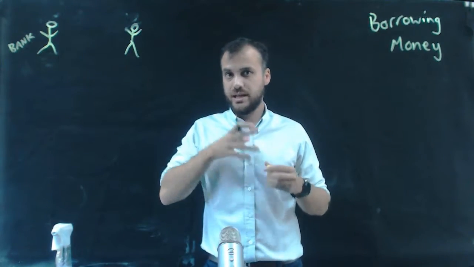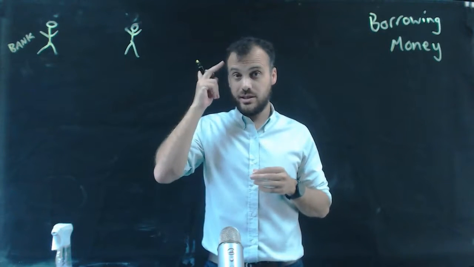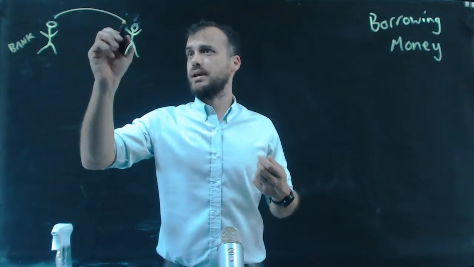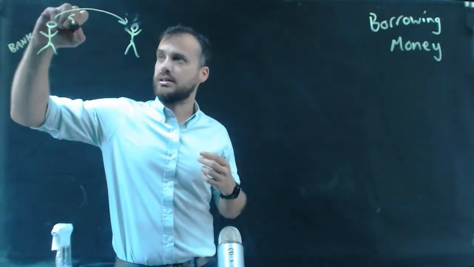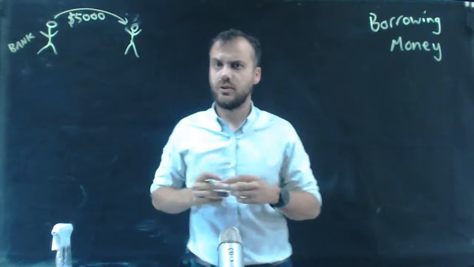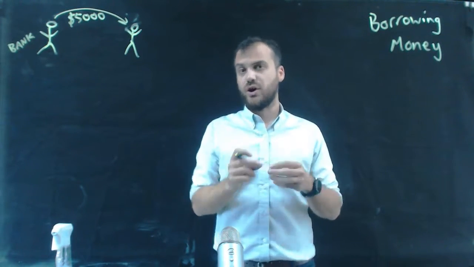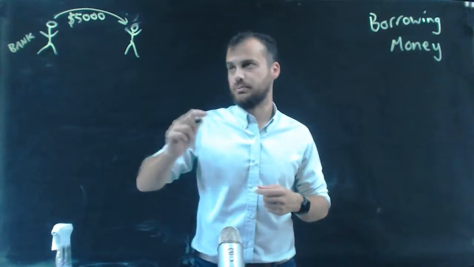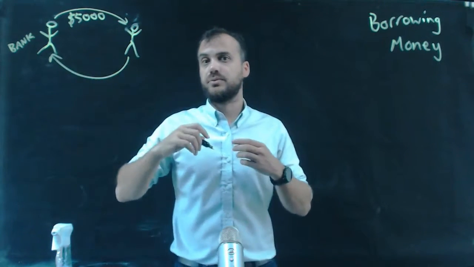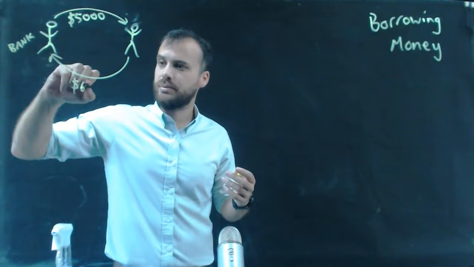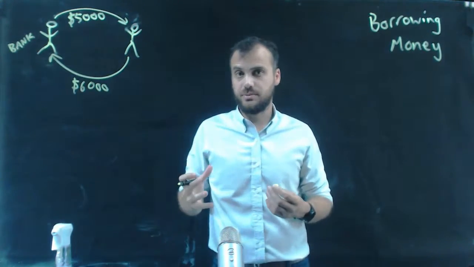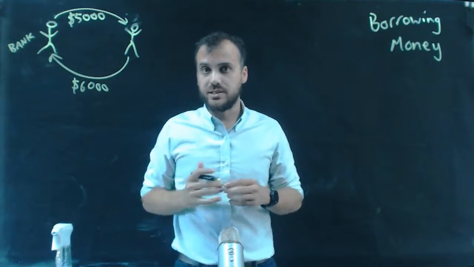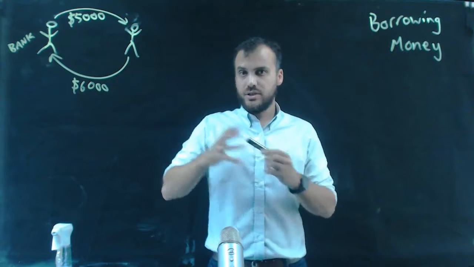Now, banks don't lend you $5 in the tuck shop line. Banks lend you money with the idea in their head that they will make money out of it. So if the bank, let's increase our numbers a little bit, lends you $5,000, the bank is not going to want $5,000 back. The bank is going to want more than that. The bank is going to want, let's make up a number, $6,000 back. Now the bank is getting back the original $5,000 plus $1,000 extra.